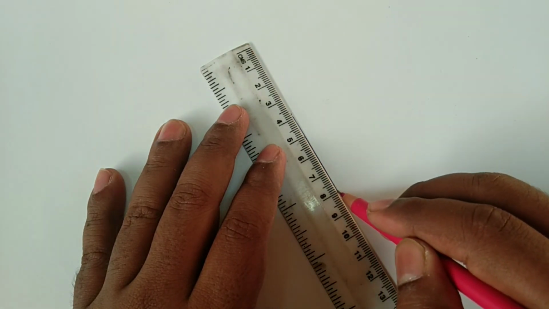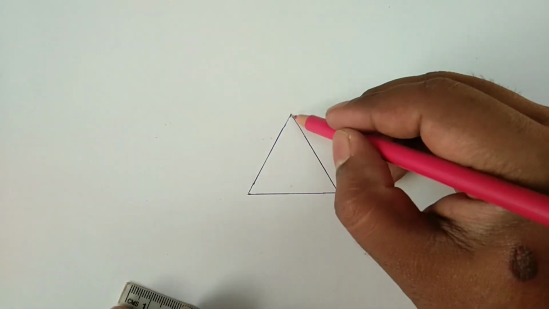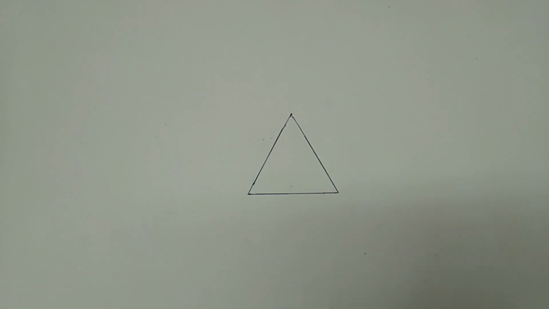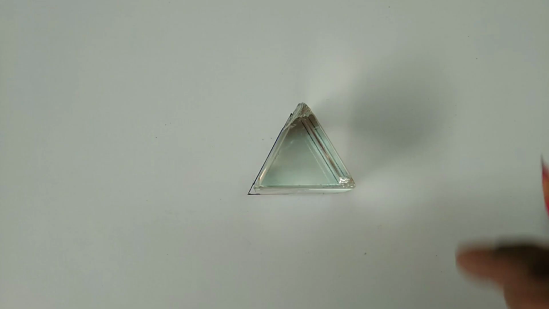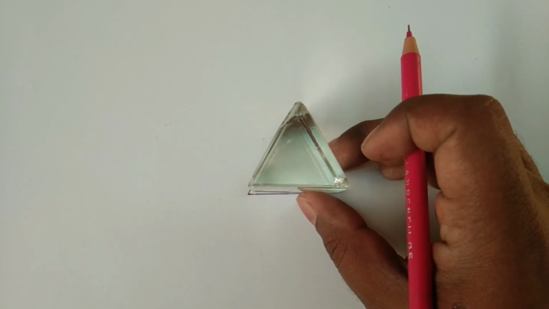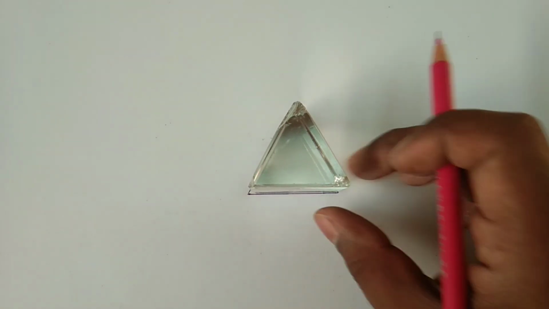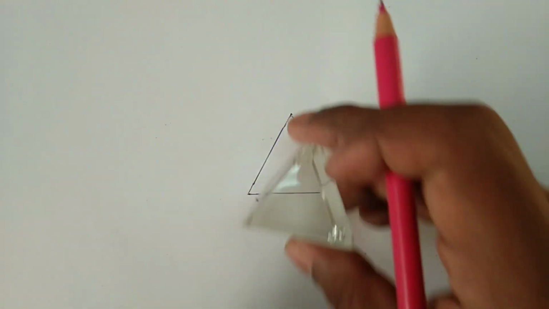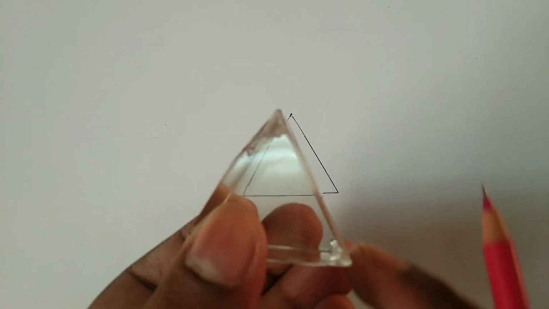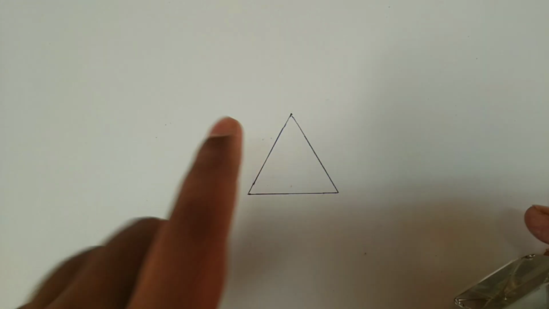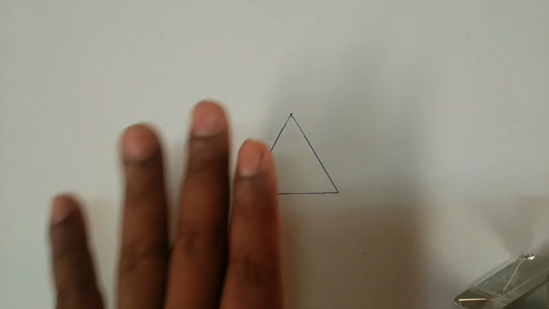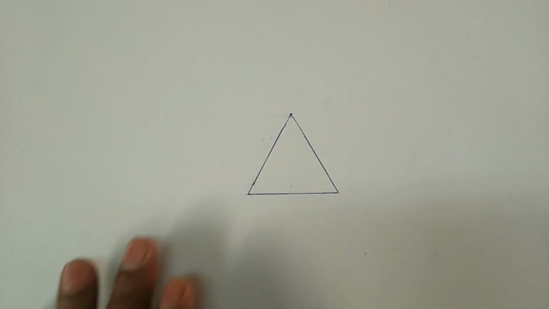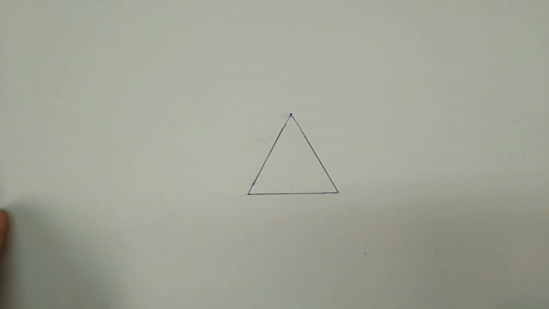See, students, how I have done. Now, is it clear to you till here? Any doubt? First, we take the prism and draw the outer margin, and then we make sure that it is complete, because here when you look, the edges are broken, that's why it was not complete. So I used the scale, and with the help of the scale I have drawn this outer margin. Now we are done with the margin.